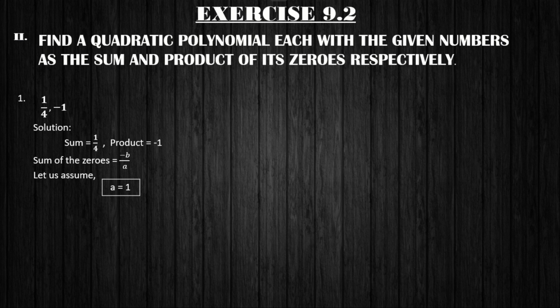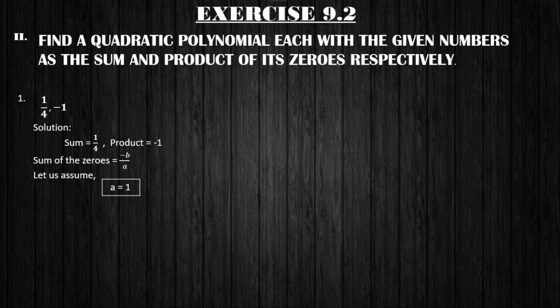Minus 1 is also equal to minus 1 by 1. So here the denominators are changing. In the first fraction, the denominator is 4 and in the second fraction, the denominator is 1. If the denominators are changing, in that case, you need to assume a as 1. If the denominators are the same, like in a question 1 by 3, 1 by 3, where the denominators are the same, that is 3, only in those cases you need to assume a as 3. If the denominators are changing, you need to assume a as 1 itself.